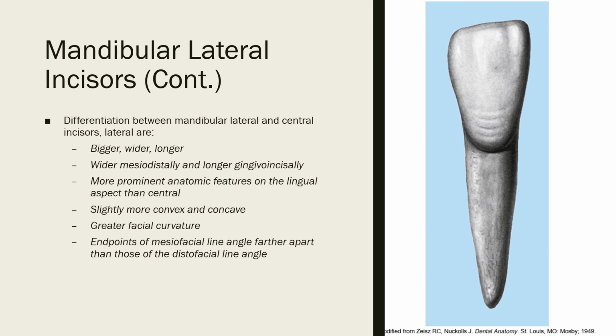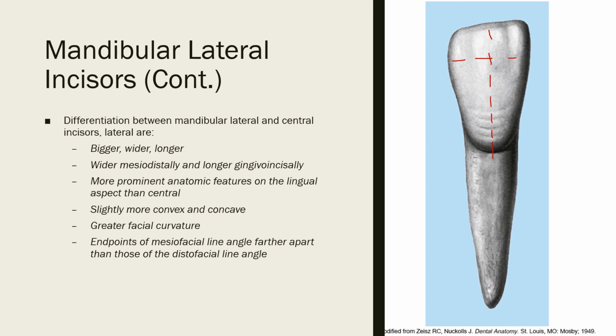Differentiation between the mandibular lateral and central incisors: the laterals are bigger, wider, and longer. They are wider mesiodistally and longer gingivo-incisally. So they're going to be bigger this way and this way compared to the central incisors on the mandibular. The lateral has more prominent anatomic features on the lingual aspect than the central,